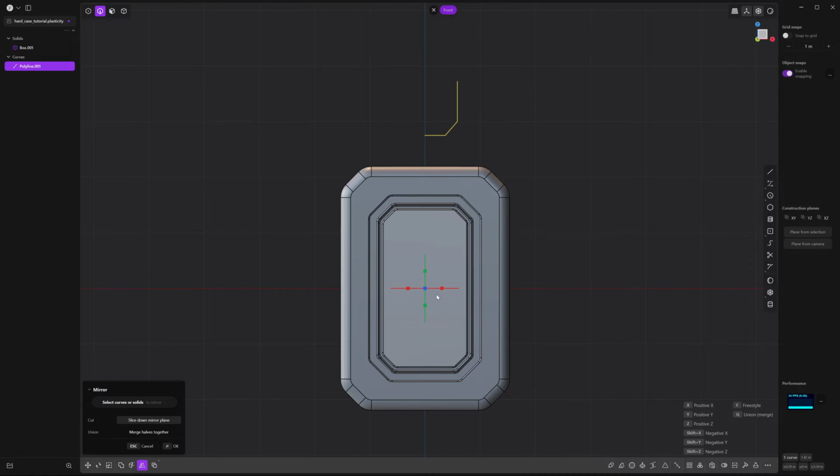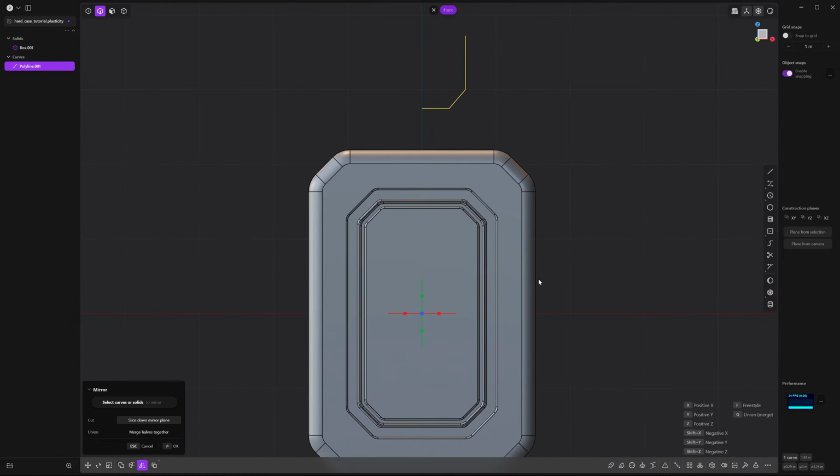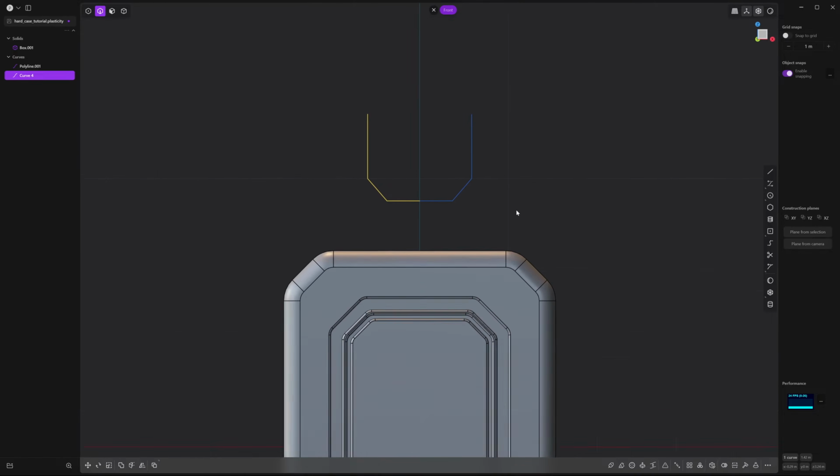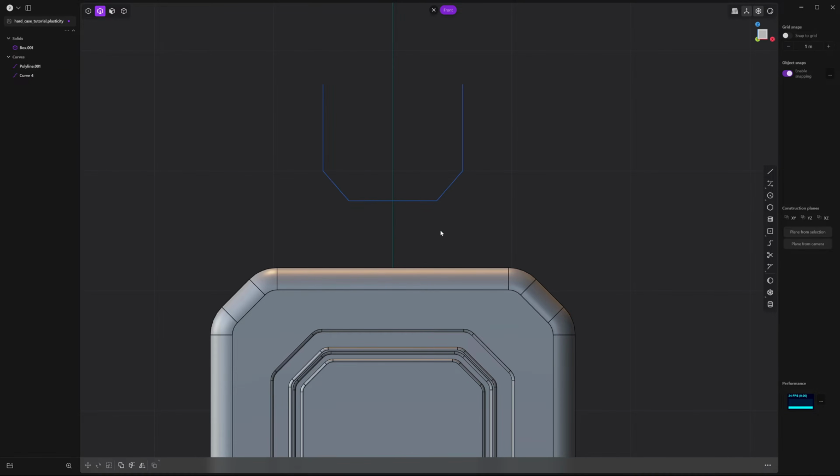You might have to zoom out to see what Alt X does. It creates this little handle that allows you to mirror on any axis. And in this case, we want to mirror on the X axis. So I'm just select it. Right click to accept, and you have 2 new curves that need to be merged. So select both of them and press J. And we actually want to close this top off. So let's go select the line tool, click on one of the points and snap it to the other one.